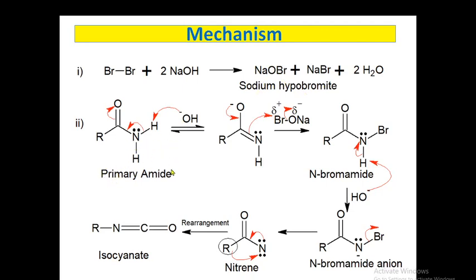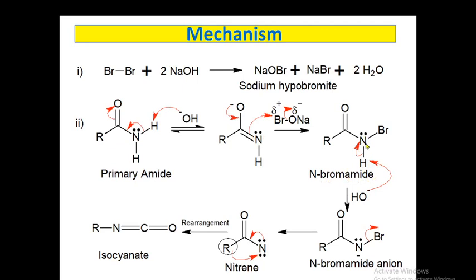So initially, that primary amide on reaction with base undergoes abstraction of this acidic proton to form this anion, which has enolate-type stability. This anion further attacks the sodium hypobromite, preferentially on the bromine as it has a positive charge, and it attaches to the nitrogen here to form the N-bromoamide